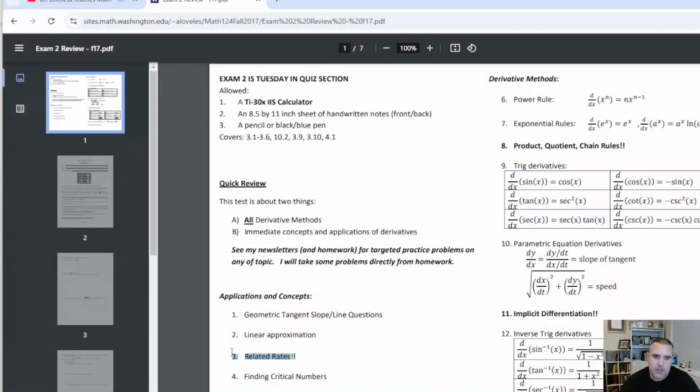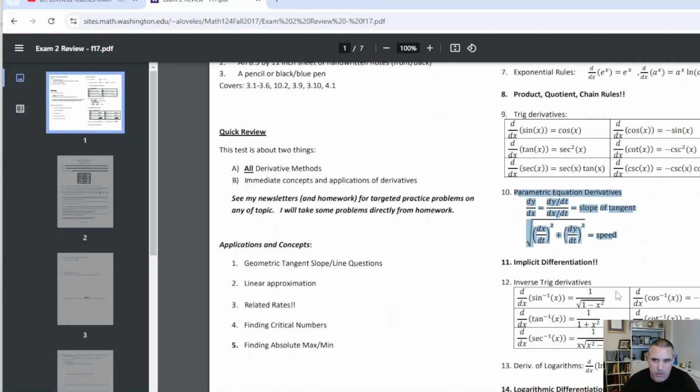Related rates typically is on the last page or the second to last page of most of these exams. The location will depend on the instructor, but almost always there's related rates on this exam and a lot of derivative rules. I would consider the derivative rules kind of the standard ones, right? Here you've got the Lovelace law of the C's: if it starts with the C, its derivative is negative. You then learned a little bit about parametric equations. You learned about implicit differentiation, all very important things.